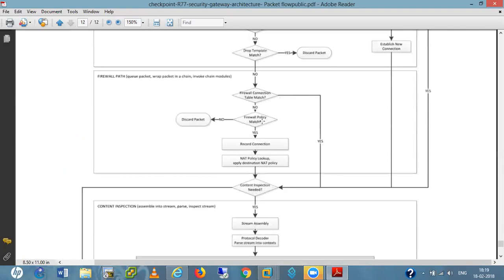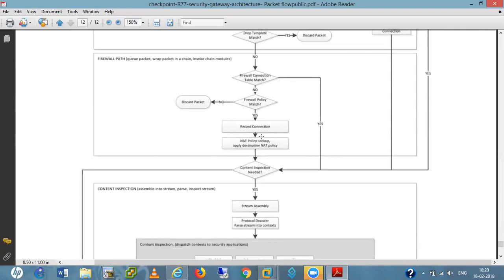If no policy matches, then it discards the packet, because we have one cleanup rule, right? Generally the policy is matched because we have one cleanup rule. If we don't have the cleanup rule, then there is an automatic rule, and we always drop the packets.